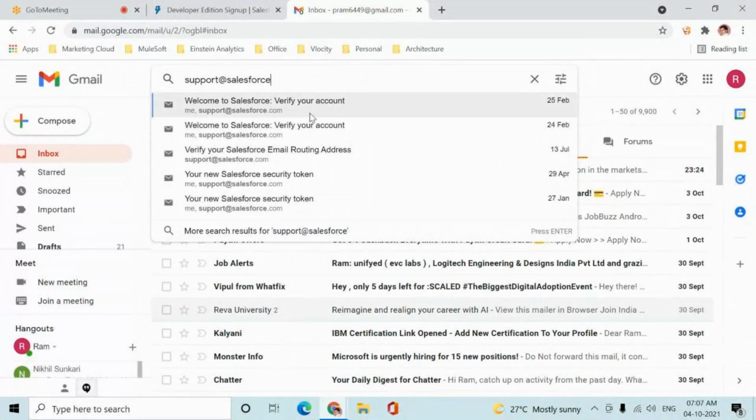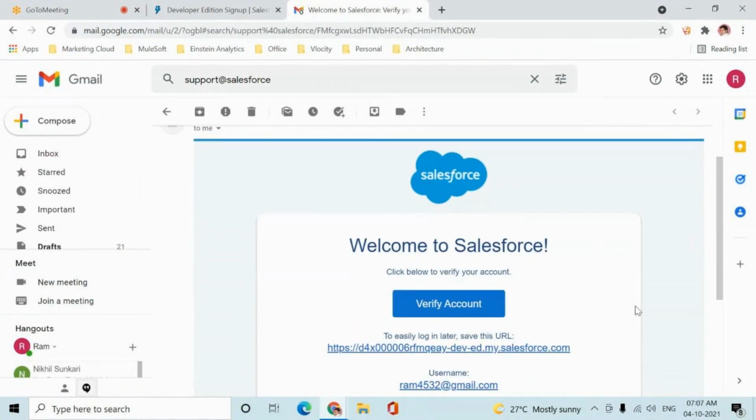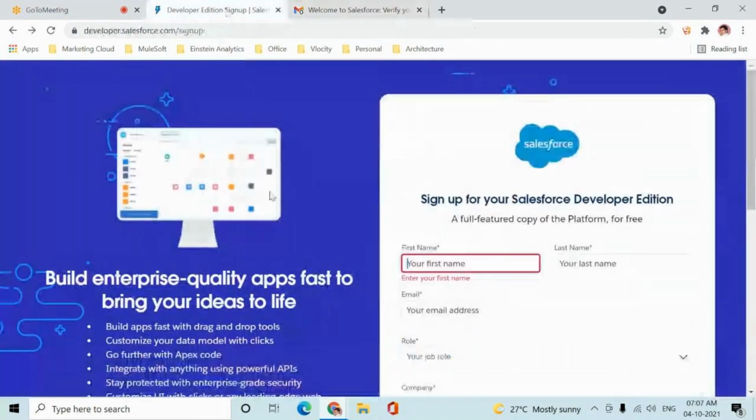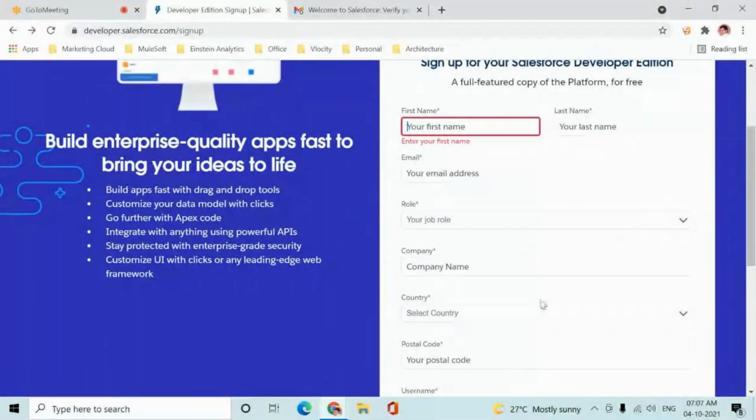You will get something like this. It's taking time actually. So you'll get an email, something like this. Once you get it, you have to click on verify account. The moment I click on verify account, it will ask you to set up a password, because here, if you remember, I have given my details, but nowhere did I set my password, right?